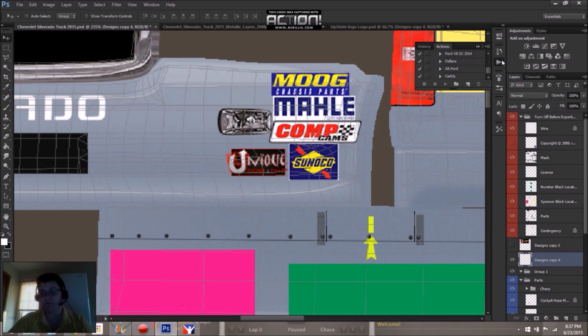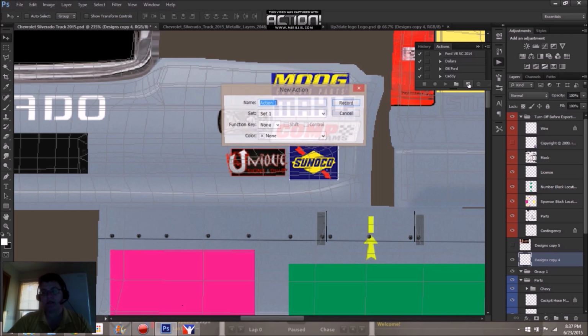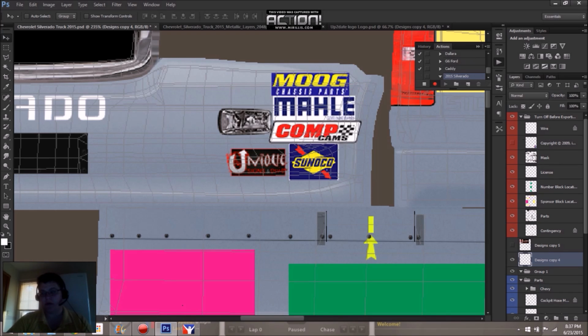So if you're using Photoshop and you have this nice little menu, there's a button that says actions. Click on that, and then click here to start a new action. We're going to call this 2015 Silverado, and I'm going to hit record.